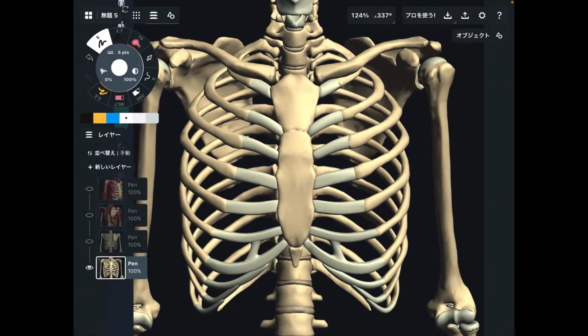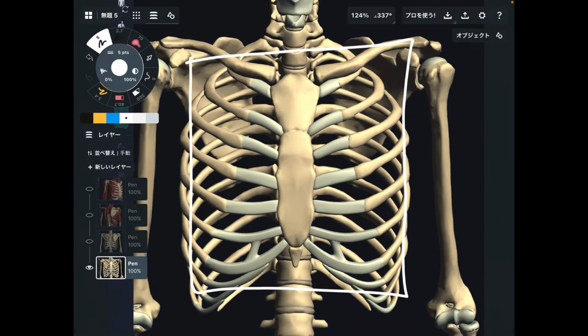In today's video, I am going to explain the anatomy of the thorax. In the first part, I will explain the basic anatomy of the thorax. Then in the second part, I will explain how you can apply today's anatomy to yoga, Pilates, and exercise. Well, where is the thorax? It is basically this area, around the ribcage.